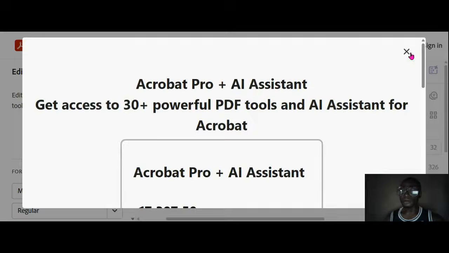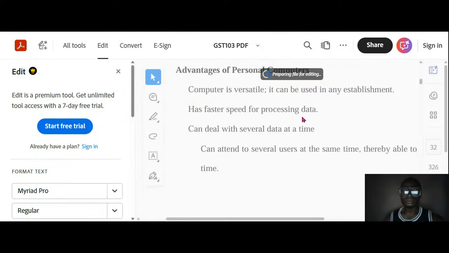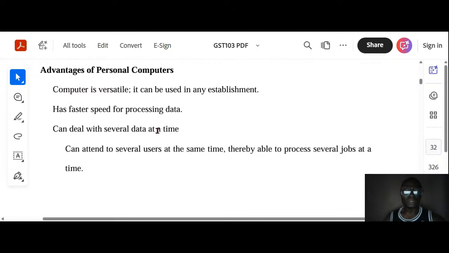Oh, I think I have mistakenly pressed something. Sorry about this. Let's get this thing off our screen. Adobe want us to give them money. We are not giving you any money. You better leave us alone.